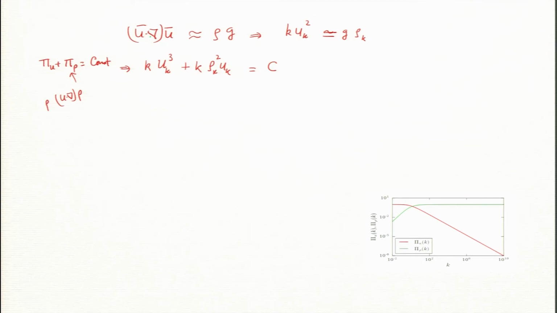By the way, I must make a remark that Bolzano and Dubokov dropped this term. They dropped this term and solved the equation. So, let us quickly solve that equation, what Bolzano and Dubokov did. They said, well, pi u will be small. So, pi rho equal to constant. So, there is an assumption. In fact, we looked at this assumption and we got some nice result.